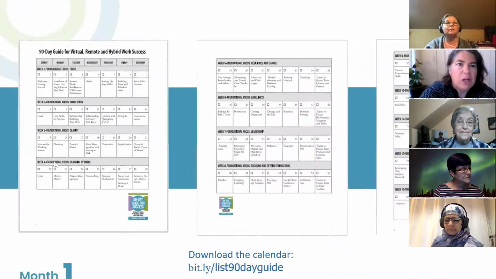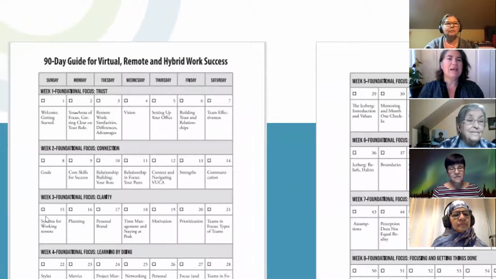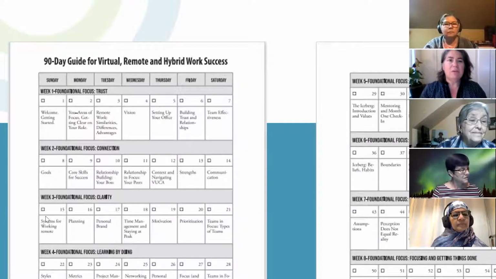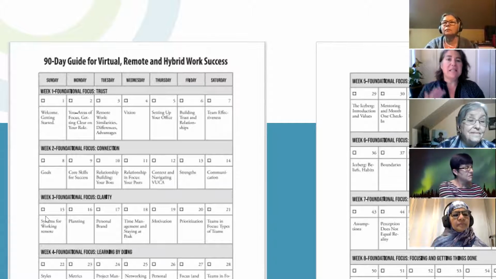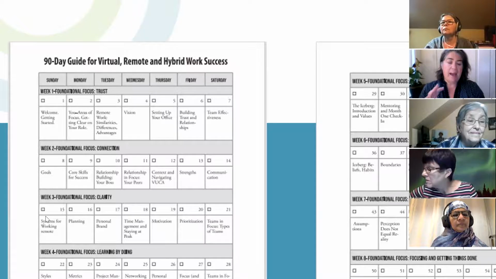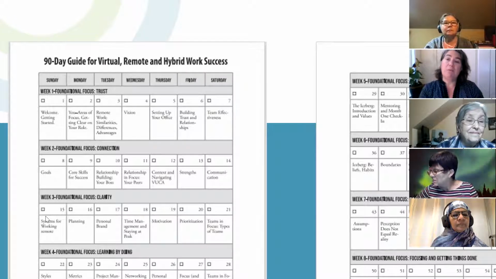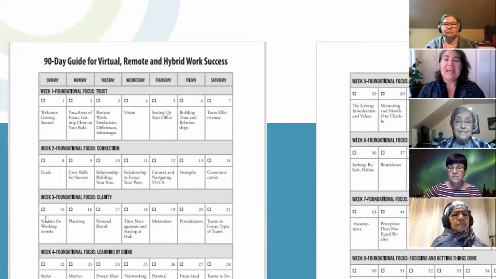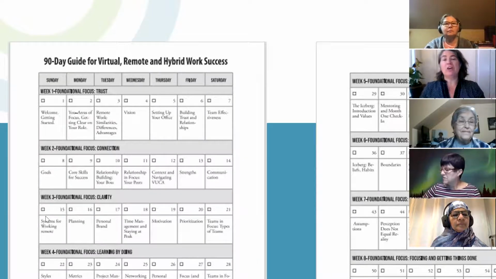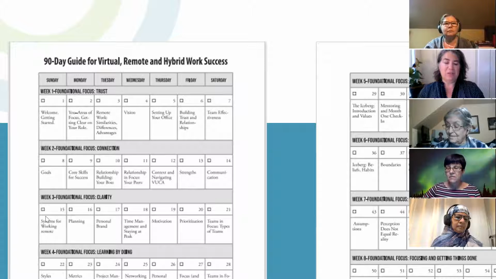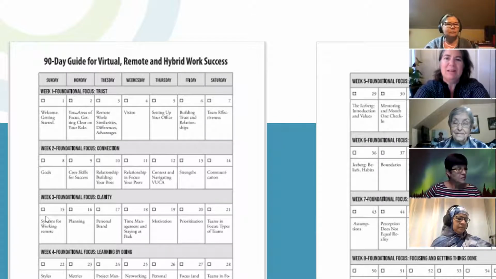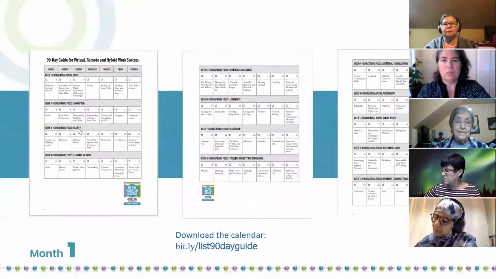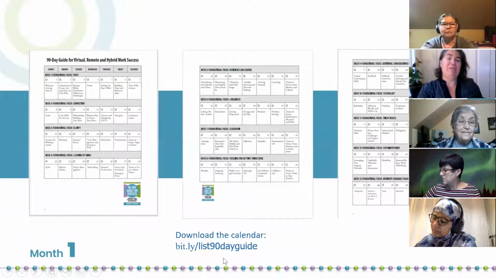I'm going to just show you where we're going, right? We started Friday last week looking at the welcome and getting started. Some of you over the weekend looked at yesterday's topic, which was here live. Day 3 is all about remote work, similarities, differences, advantages. And then today we're going to cover topic number 4, which is all about vision. If you're following along in the book, we are actually on October the 5th. So setting up your office. There's lots of options here. I want you to set your own markers because that's what's truly most important in terms of getting some momentum. So definitely download the calendar.